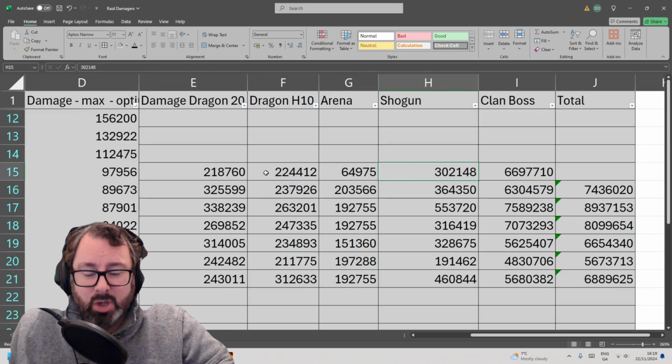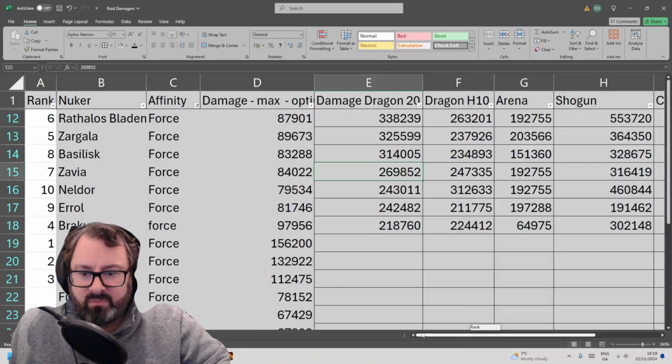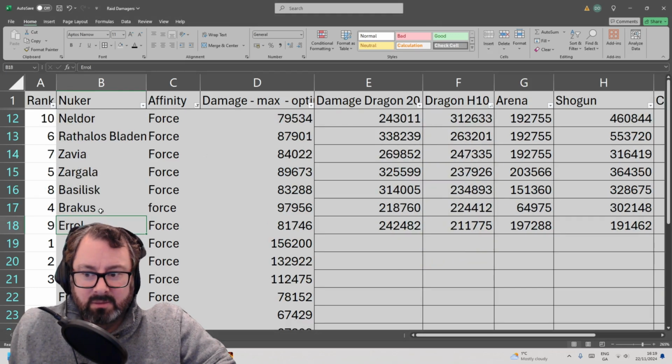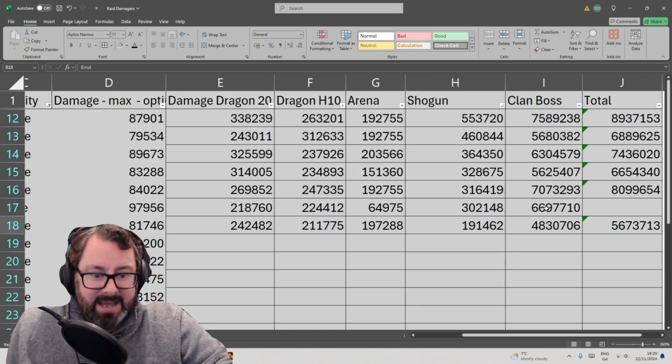And I actually ran Shogun a few more times to see how he would fare out. Yeah, so let's sort by largest to smallest here. Probably should have highlighted him. So he's actually bottom of damage for Dragon 20. He is second from bottom for Dragon Hard 10. Arena, he's bottom. And Shogun, he is second from bottom as well, and only pulling himself back up in Clan Boss, where he is...